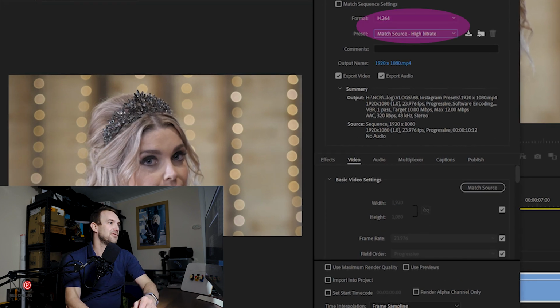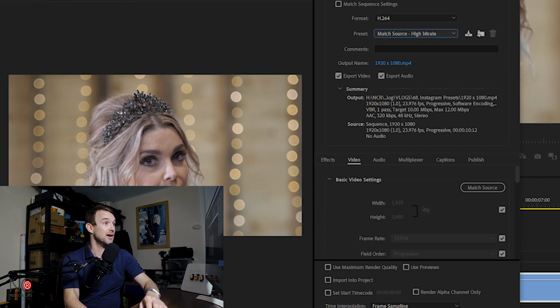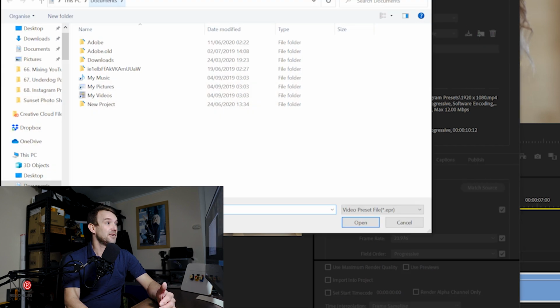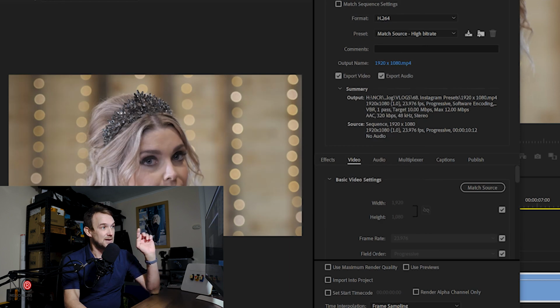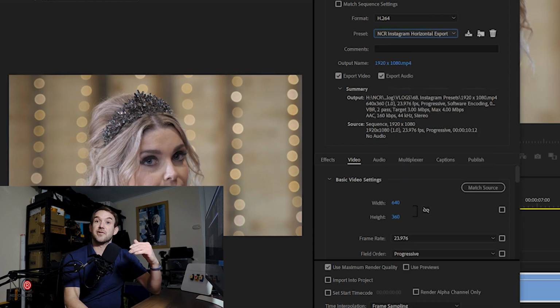When you open it, in the preset column, you're going to have the match source high bitrate. Once you've downloaded and saved my presets in the link below, you'll go to this import preset icon here, find where you keep your presets, and then just open the preset in your export screen. I've already got the presets here. You're going to choose horizontal export. What this does is give you the same ratio, 16:9 video. As you can see, for the width and height, we've now got a 640 by 360